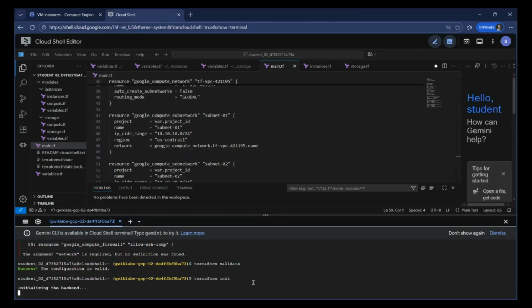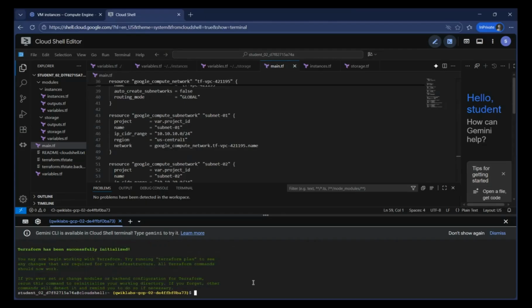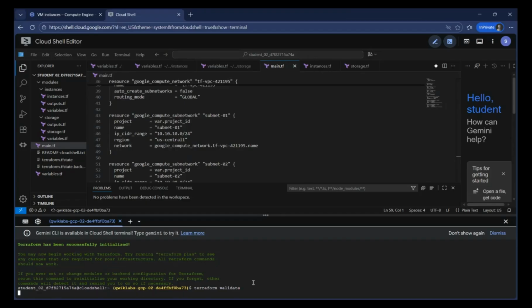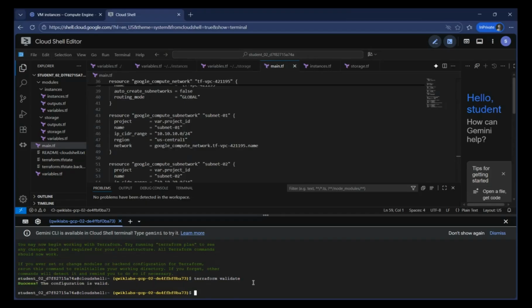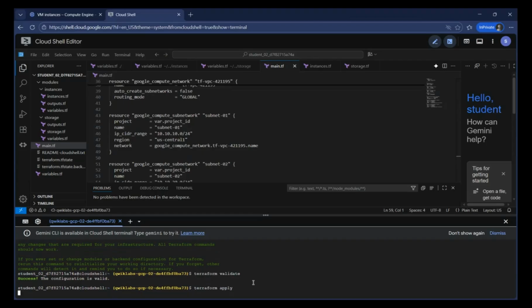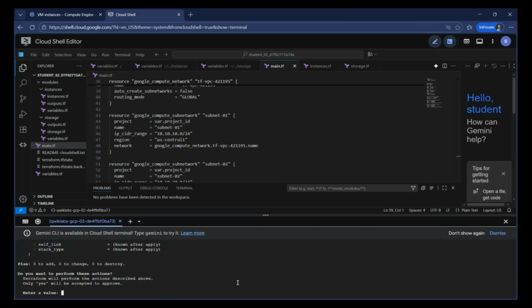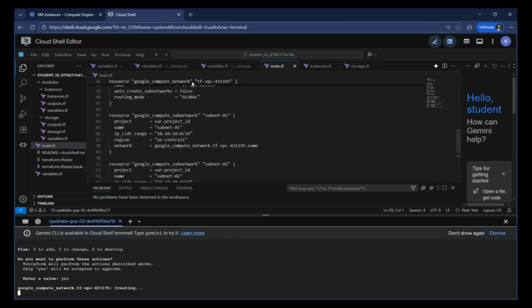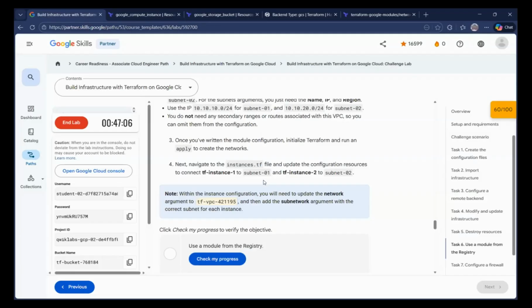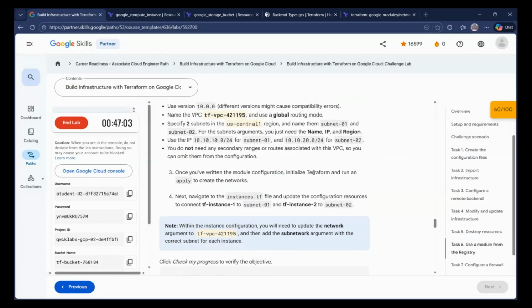Sorry, I shouldn't have. I need to. Let's validate again. Apply. So it's creating the network now as per the instruction. Okay, that's great. So when you return this, initialize and run the plan, now navigate to the instant.tf and update